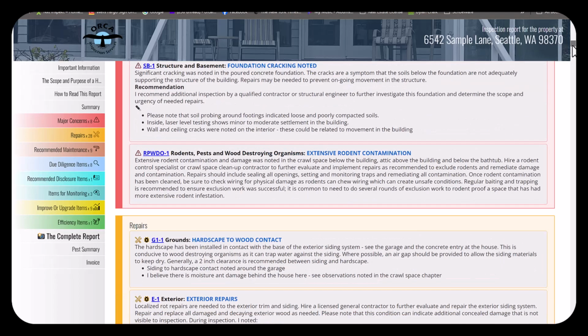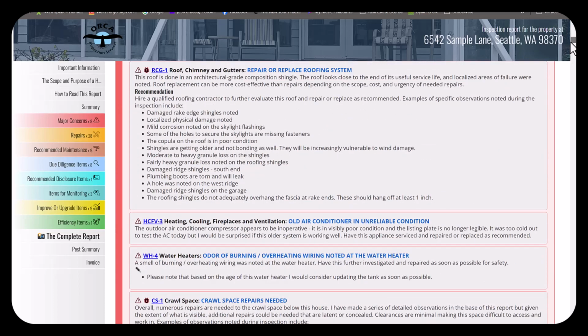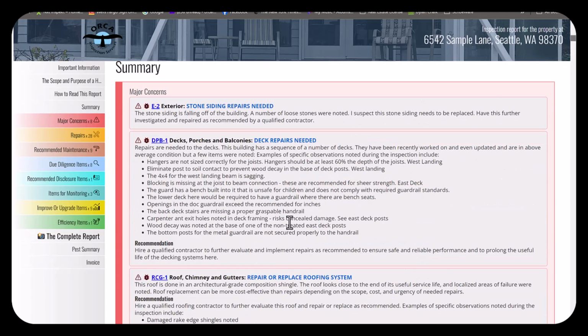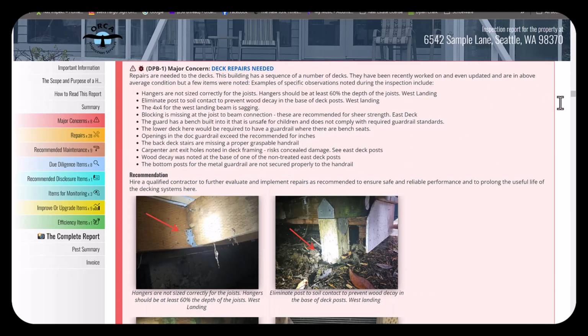So anyway, that's kind of what we're looking at. When you send this to the client, what I love about how this is set up is that all the major concerns are in one place. They can click on these hot links and go in and see the pictures. And we've worked really hard to try to make the pictures